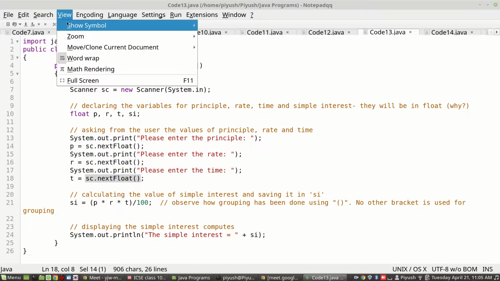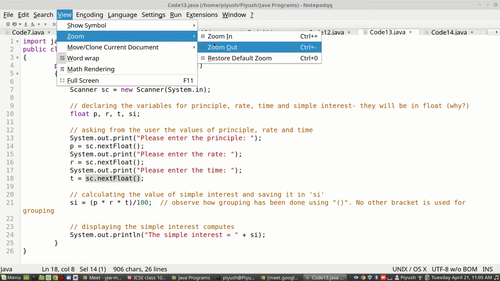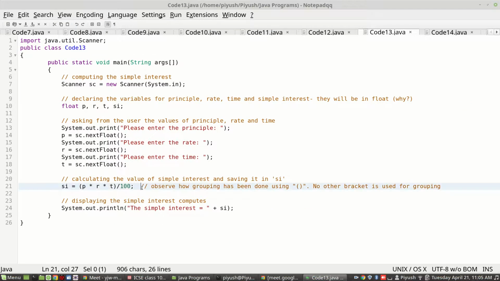Finally, you have to find the result as per the formula given. See, you cannot write PRT, because PRT humans understand, but for computers you will have to mention the multiplication sign. First of all the product is required, therefore I have grouped them, so first calculate these things.